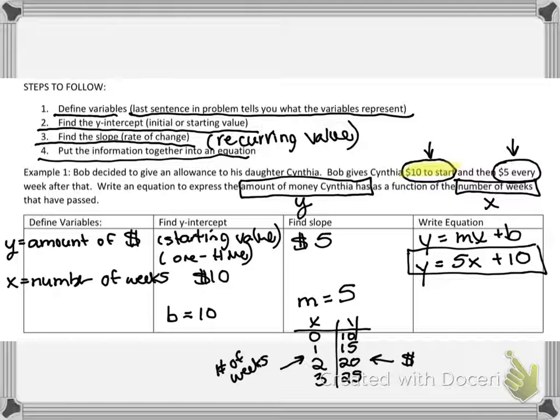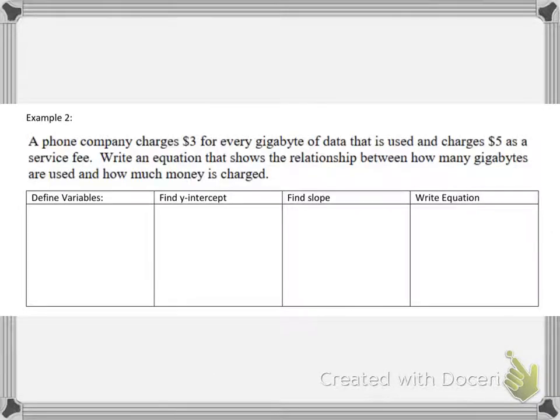Let's do another word problem. So again, I'm going to go through and read this. As I read it, I'm going to circle what seems important. A phone company charges $3 for every gigabyte of data, and they charge $5 as a service fee. Then they ask us to write an equation that shows the relationship between the number of gigabytes and the amount